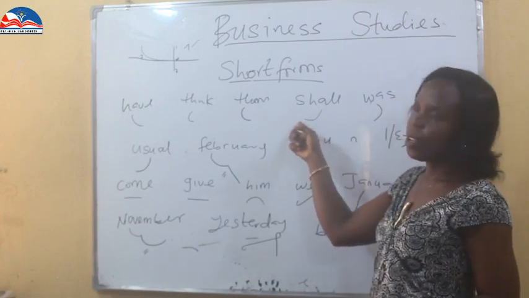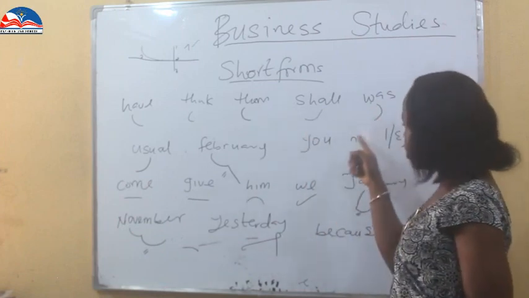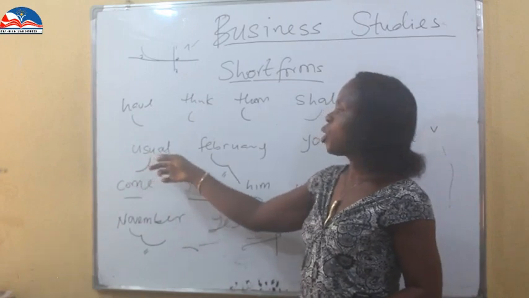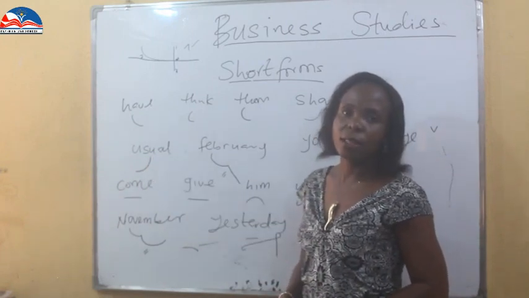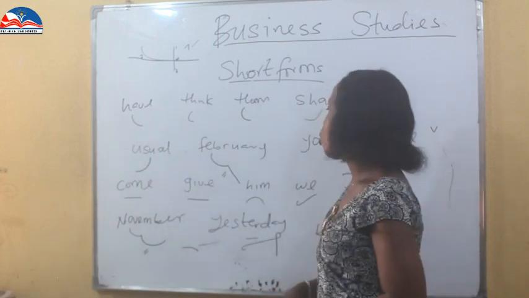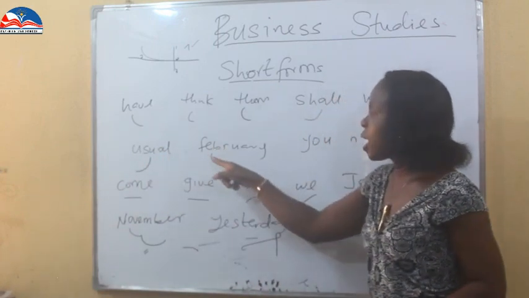The sha is a light curve. The was is a thick curve. Then as usual, you will not need to put in your vowel sounds. You just take it as a short form. Then February, you will take the F curve,